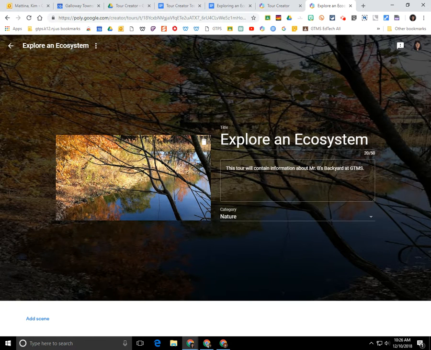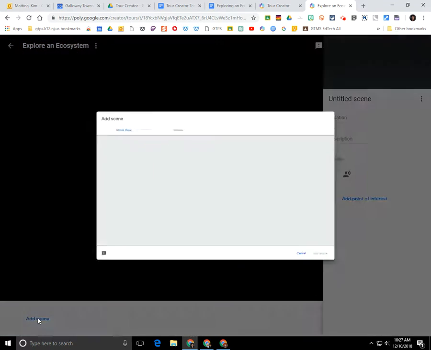First, you need to open up your tour, and once you open it, at the bottom left-hand corner, you will be prompted with an Add Scene link. Click on that link,